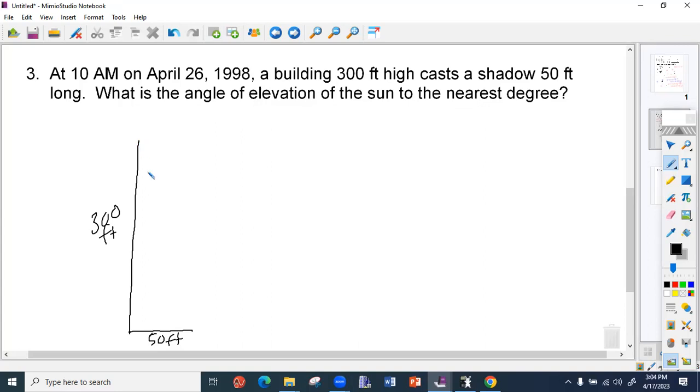All right, and then you're looking at your angle of elevation. Your angle of elevation is rising from the ground, right? So this is your